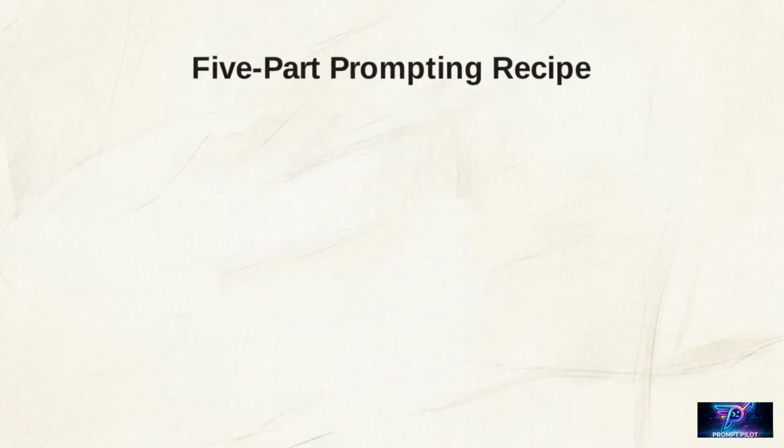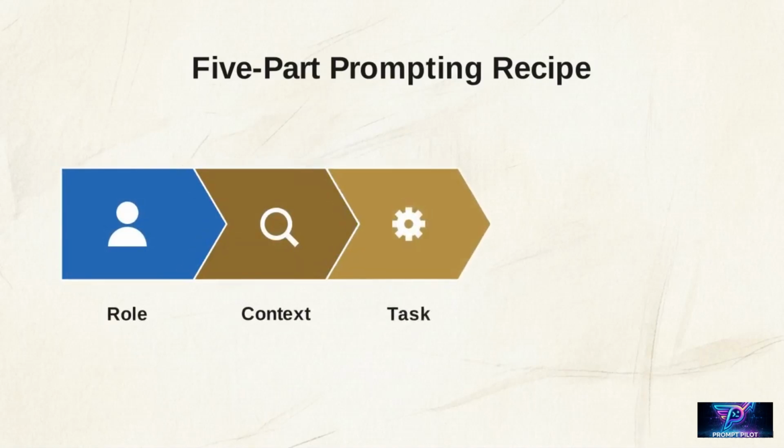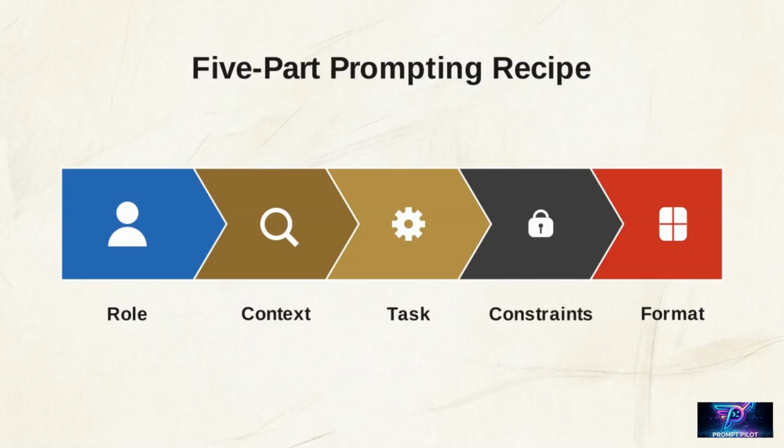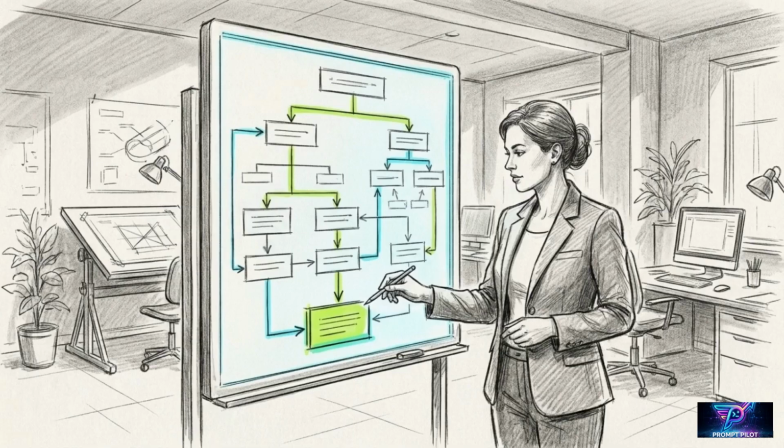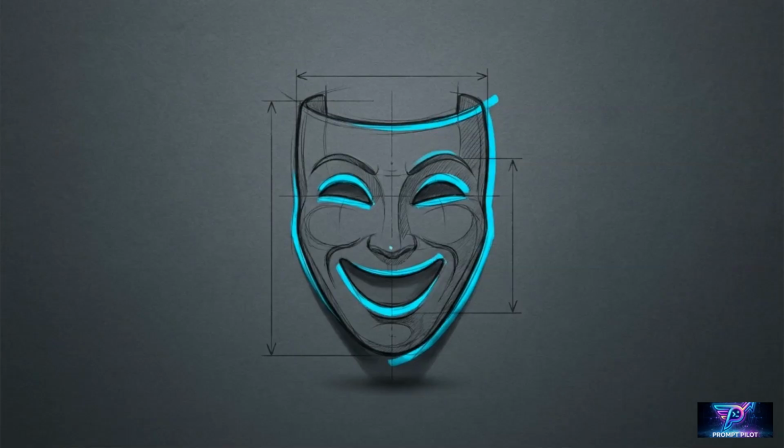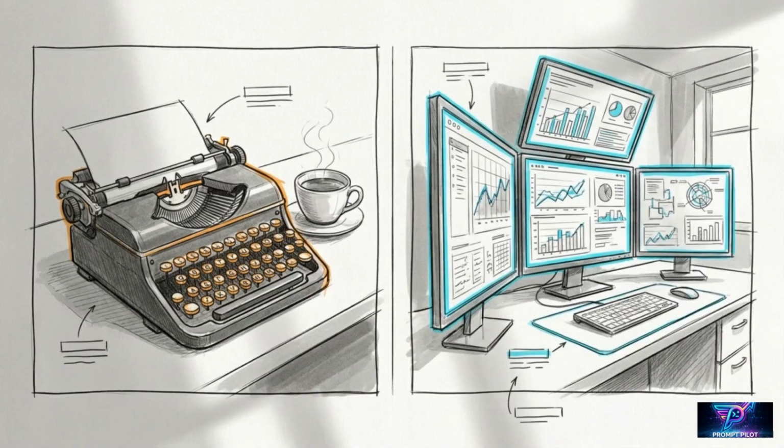To get reliable results, you need to use a 5-part recipe: role, context, task, constraints, and format. Moving away from loose queries and adopting this structured formula changes how you interact with the model, allowing you to design precise, professional workflows. First, you must establish a role by explicitly defining the AI's expertise. Telling it to act as a senior copywriter or a data analyst, you set the baseline for the quality and